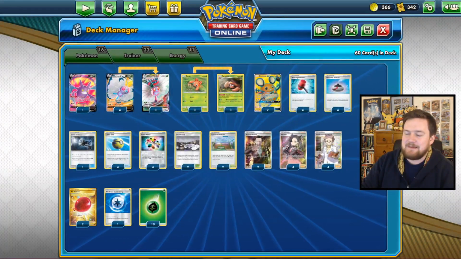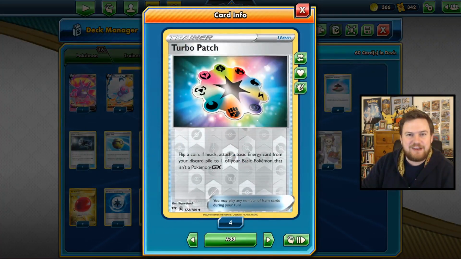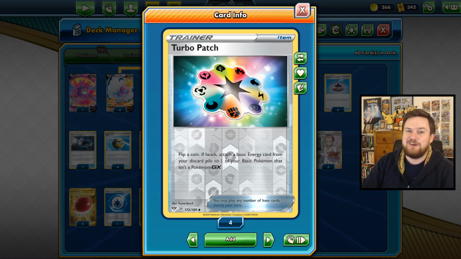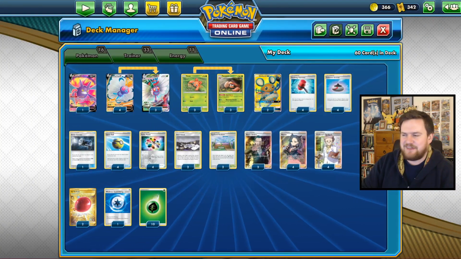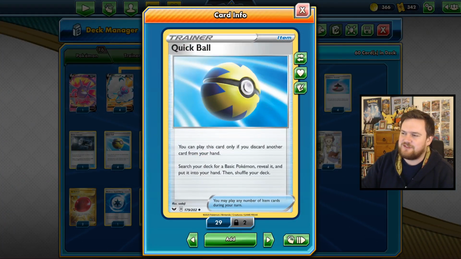And talking about Crushing Hammer, not only were we relying on removing energy from our opponent, we're relying on accelerating it to ourselves with Turbo Patch as well. So there's a lot of coin flips here. It works relatively well. I mean, you can get attacks off relatively consistently, but whether relative consistency is enough, I don't think so. We have 4 copies of Evo Incense and 4 copies of Quick Ball to search for Pokemon,